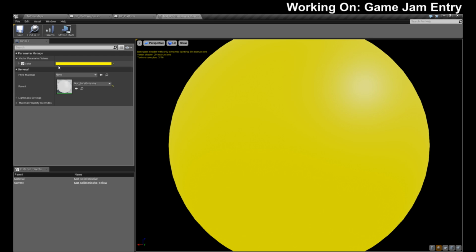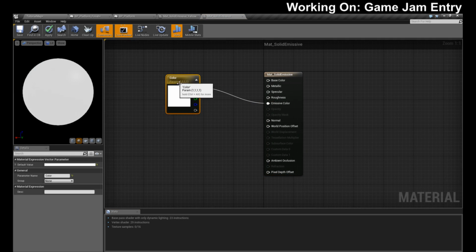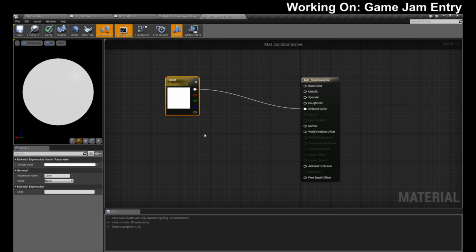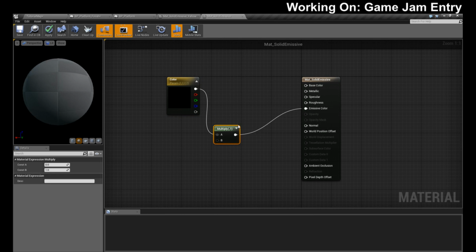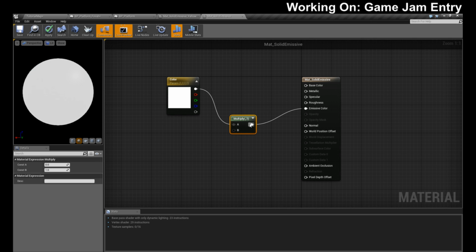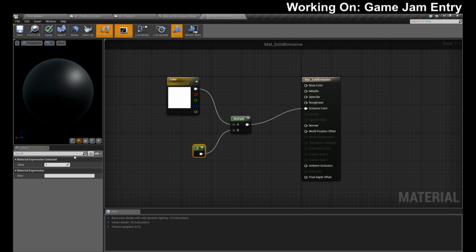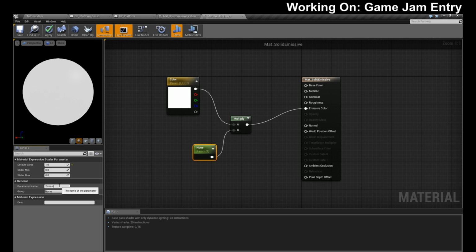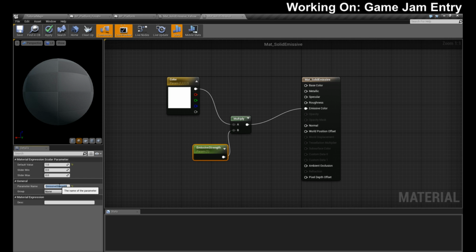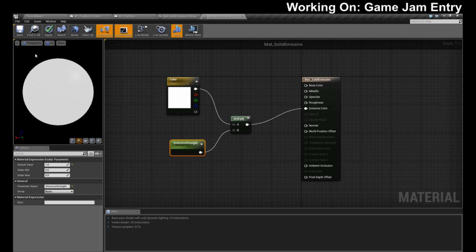And let's pull up its original solid emissive. There we go. And this one's just going to be a multiplier to give us our emissive color. We'll default to 1. We will set this as a constant, the value of 1. Convert to a parameter, emissive strength. Like that.